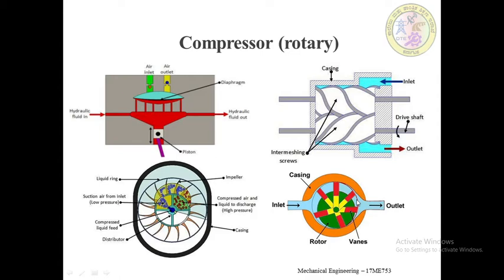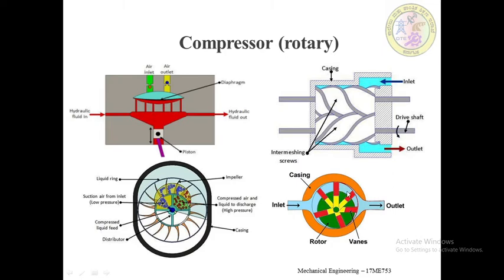So which is also very similar to the nozzle. It can be utilized to compress the air of atmosphere. Air can be compressed to higher pressure. So you just see the inlet air has been intaken through this port, and the dynamic action of these rotors and vanes has been utilized to compress the air.